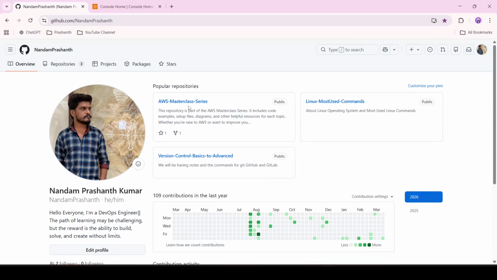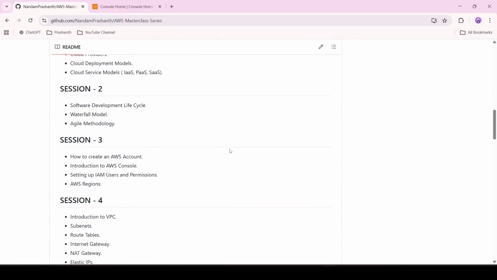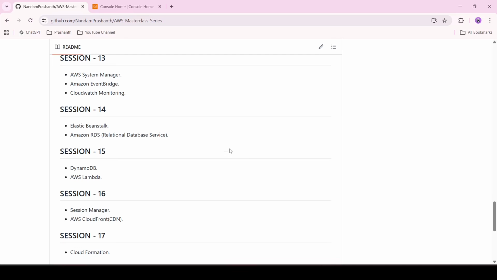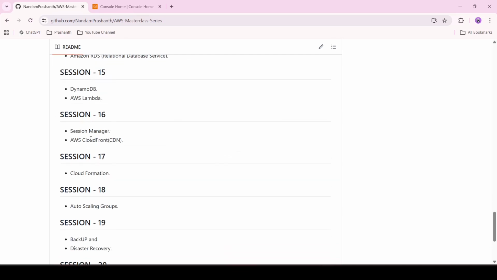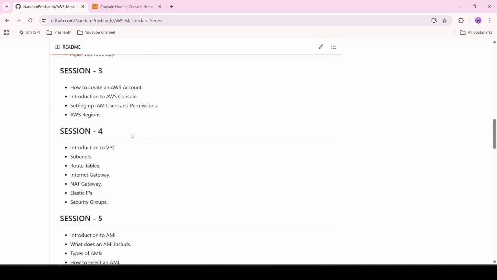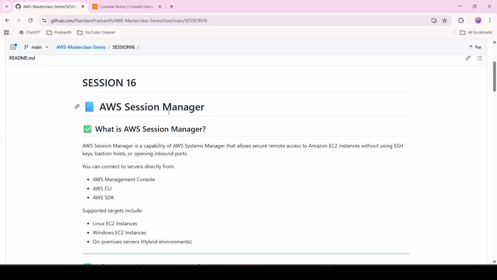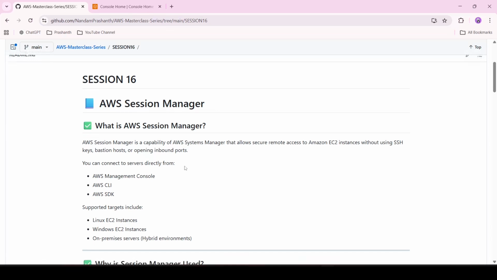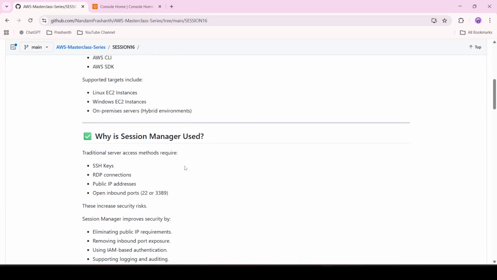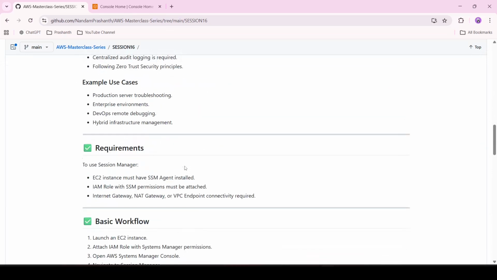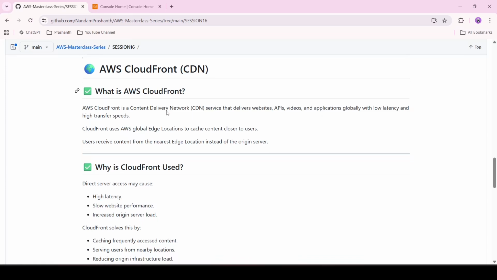As a part of our AWS Masterclass series, today in this video we will be covering session 16, part 2, which is AWS CloudFront. I have created the README file for the same. In our previous session, we have seen what is Session Manager and how SSM agent is used in Linux and Windows machines. And if you see here, AWS CloudFront is a content delivery network, and this is a service that